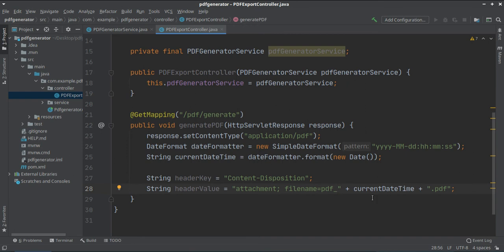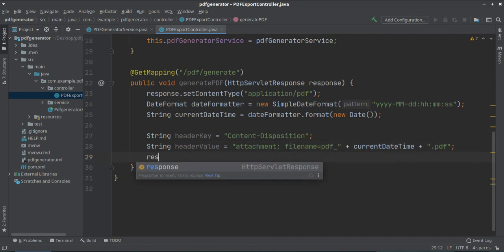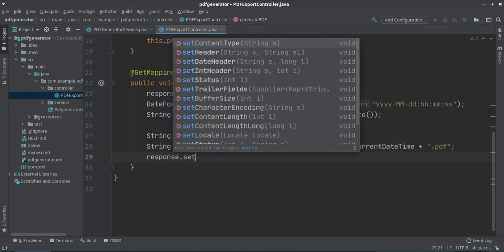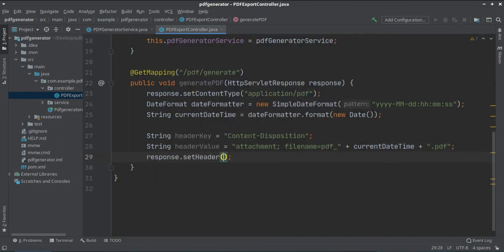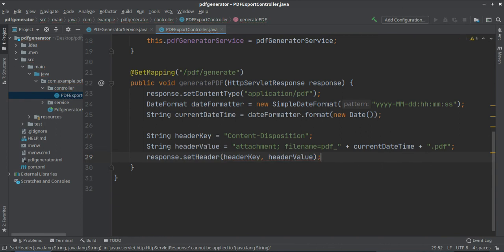And it should be pretty fine like this, yes. So now we're ready to set this header to the response. Response.setHeader, header key, and header value. So what this is going to do is set the content disposition header to the response, so the browser knows what it's getting sent back. What we're giving to the browser is an attachment, and this is going to be the file name